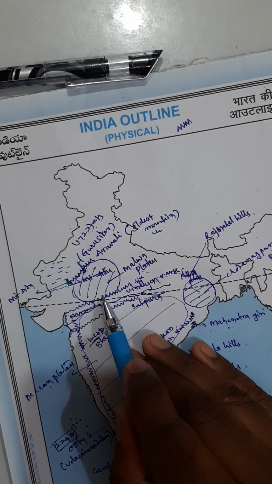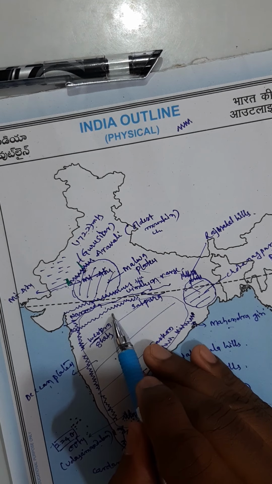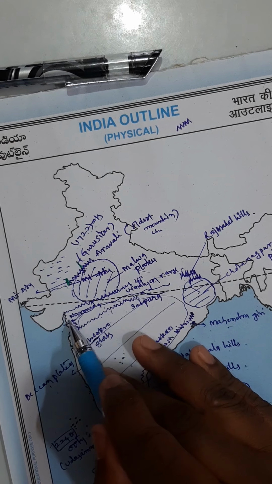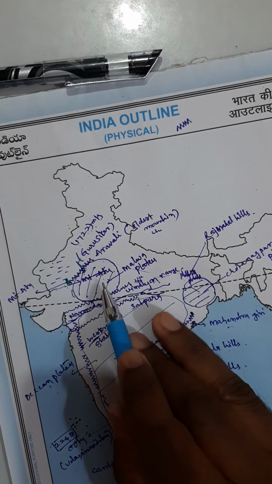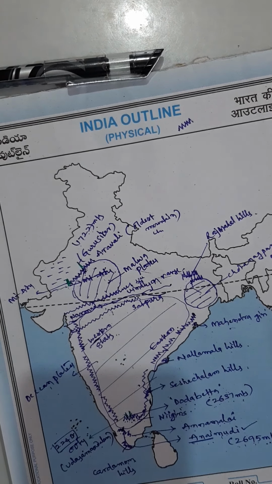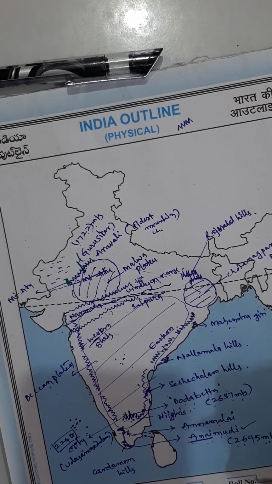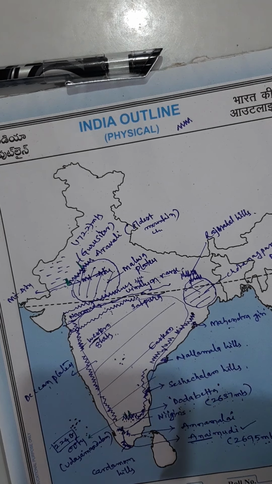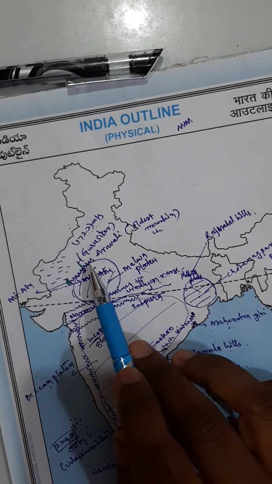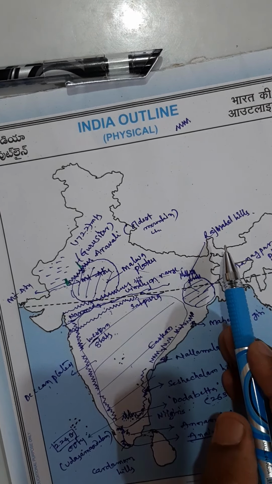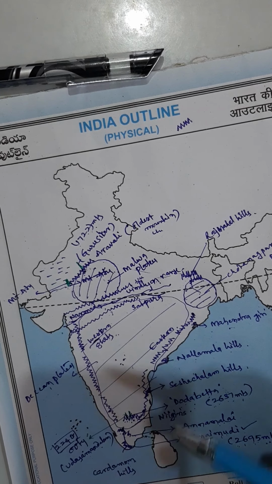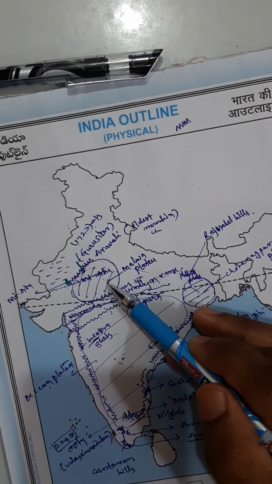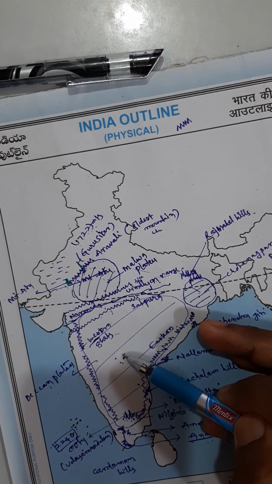Narmada divides Vindhya and Satpura. Two mountain ranges are divided by Narmada. Two plateaus are also divided by Narmada. In multiple choice questions, if among the four answers Vindhya is there, you go for Vindhya. If not, and Narmada is there, you can go for Narmada. That divides Malwa Plateau and Deccan Plateau.